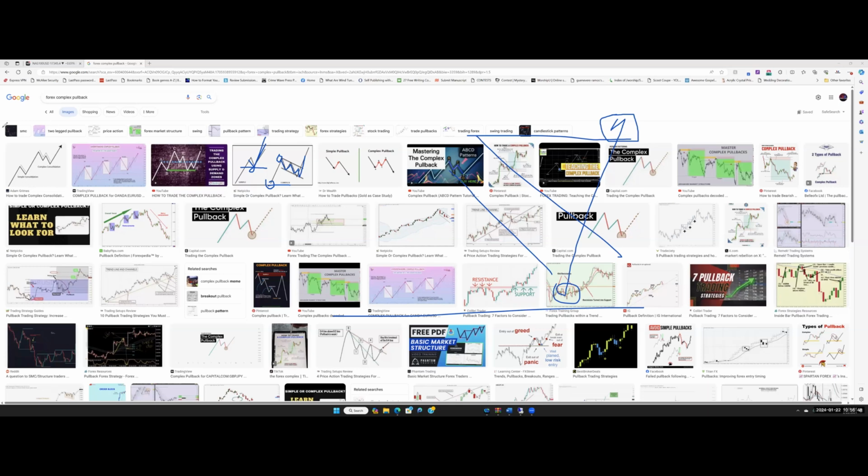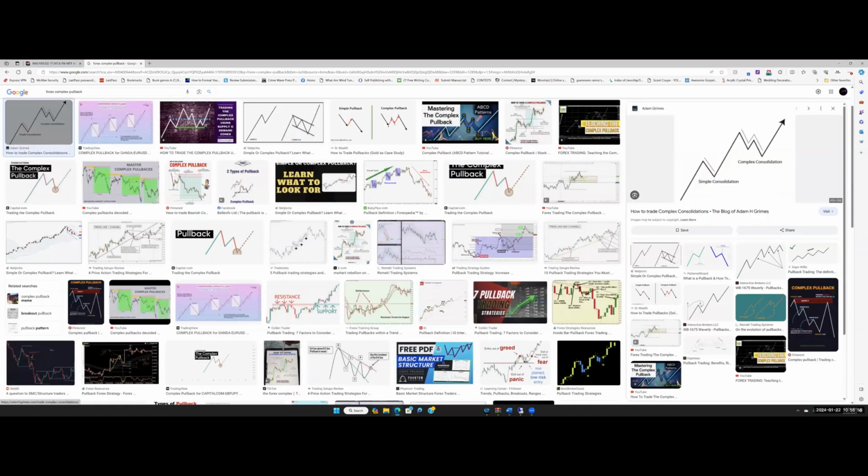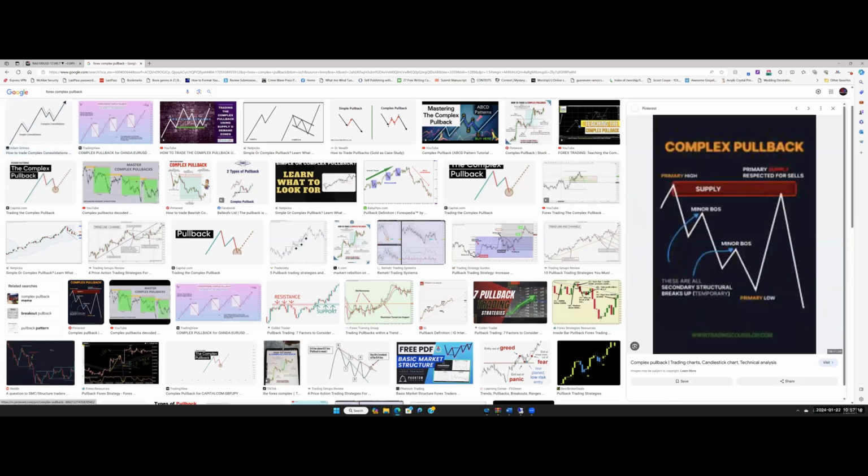So like here, this is a simple pullback versus a complex pullback. The simple pullback does one drop and retest and continues up, where the complex on the lower time frame is making lower highs and lower lows, and that's where traders get confused and they end up thinking that structure has changed. So this is your higher time frame,